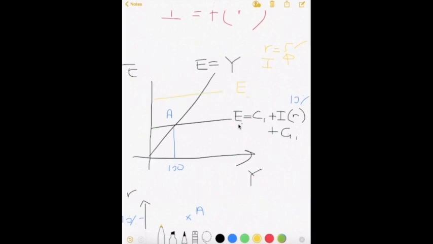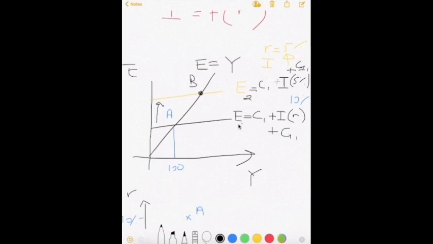You have a new planned expenditure E2, where C1 is the same as previously, but now investment is being done with 5% interest rate plus government spending is the same. So when the planned expenditure moves up, what happens to the equilibrium GDP? You have a new equilibrium GDP now, which is over here, and let's call this point P. The new equilibrium GDP is at point P,